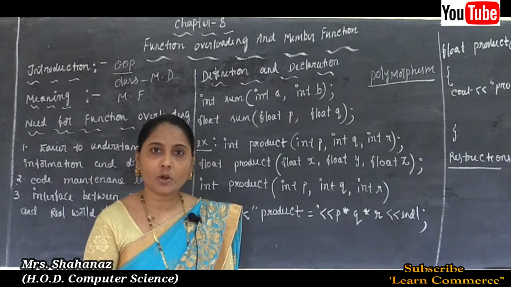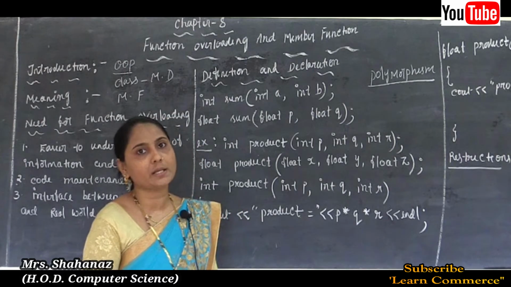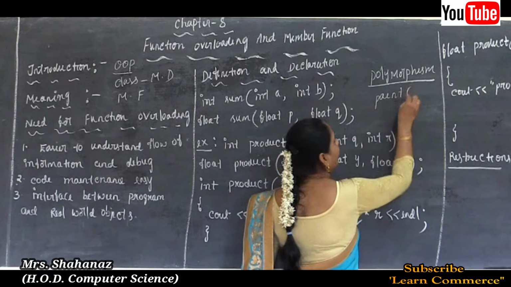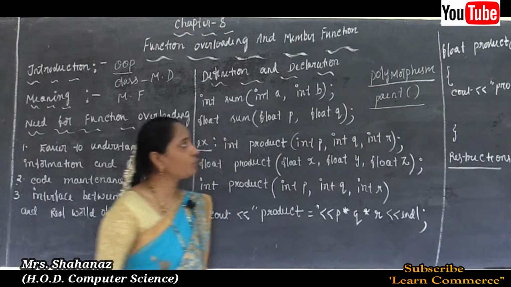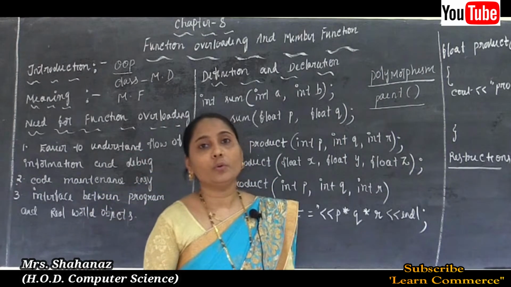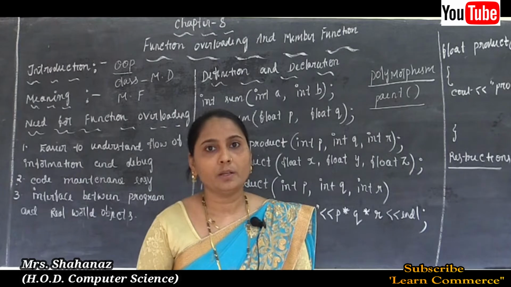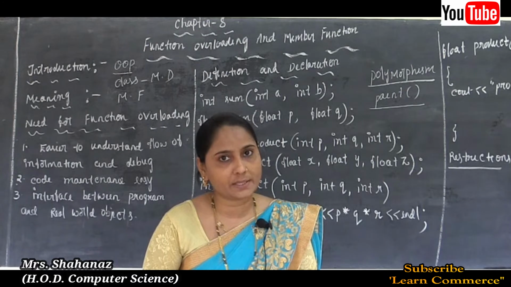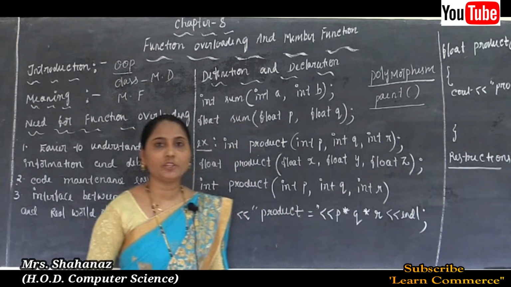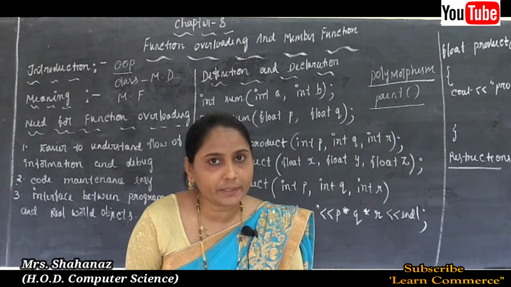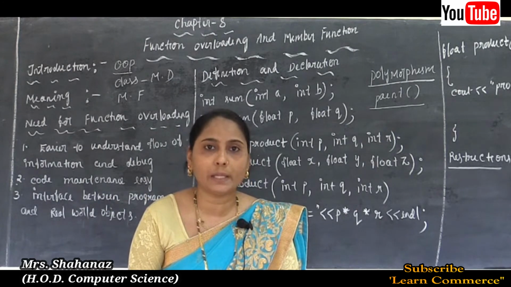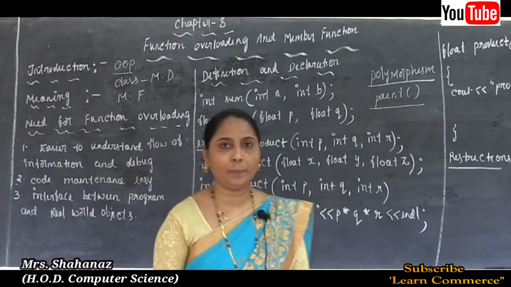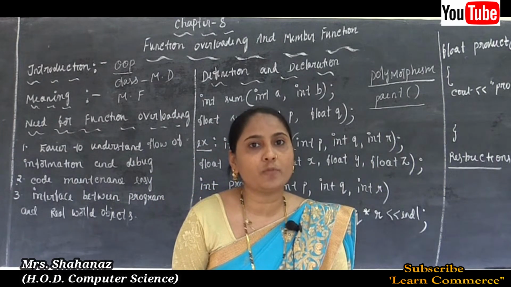In the last class, in the previous chapter, I already discussed the paint function. By using such a paint function, we can paint a college, paint furniture, paint fabrics. So we can say the definition is the ability of an operator and function to take multiple forms. This is the definition of polymorphism. By using the paint function, we can use it in multiple forms.